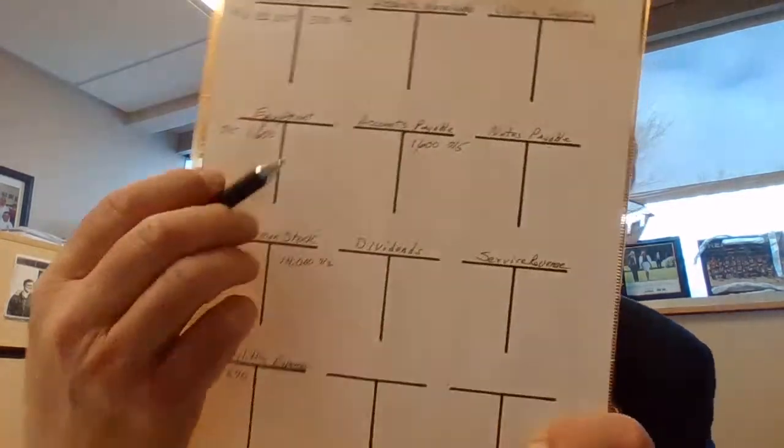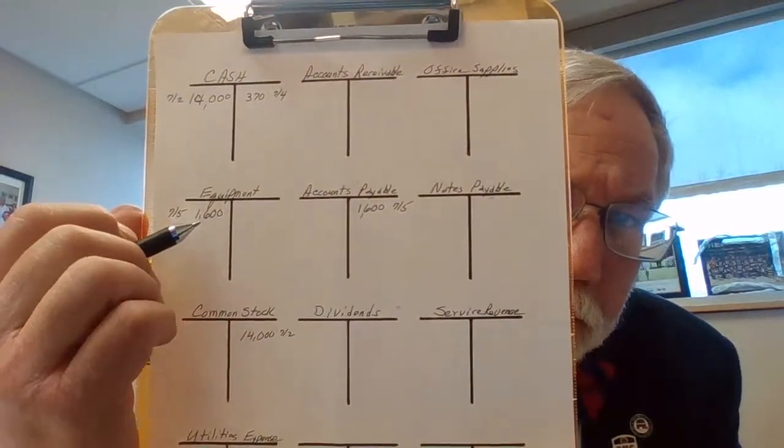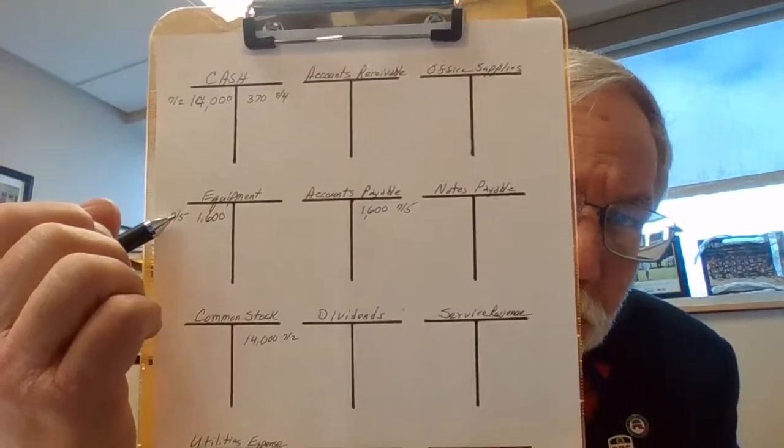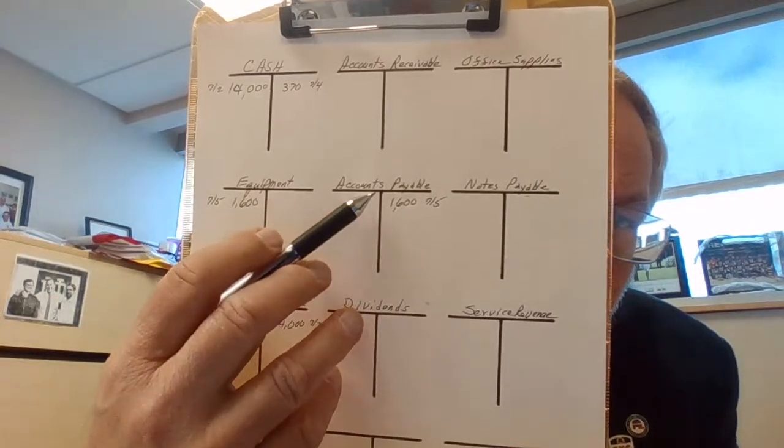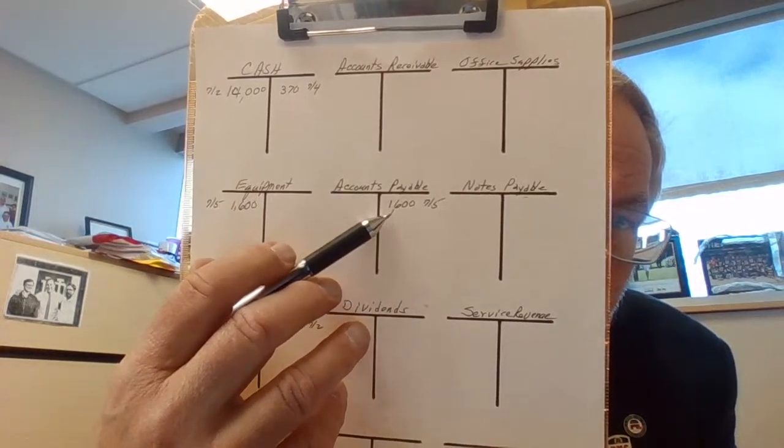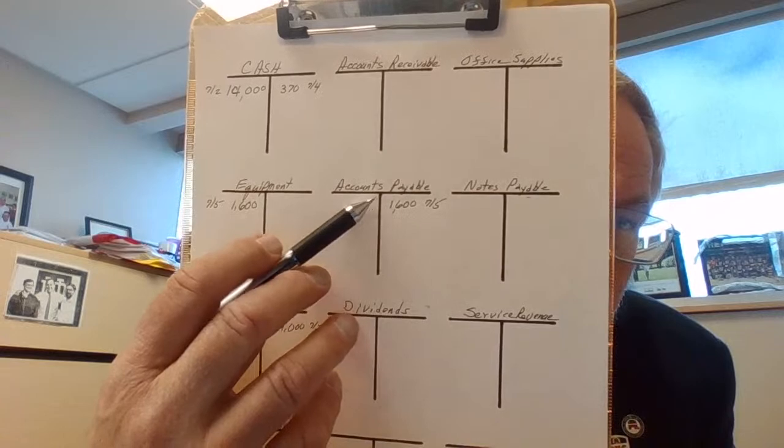July 5th, we get the equipment. It's debited. It's an asset, so it's increasing. $1,600. And accounts payable, we got it on account, gets a credit of $1,600. The equipment gets a debit of $1,600. July 5th, we recognize the obligation to pay for that at some point in the future by crediting